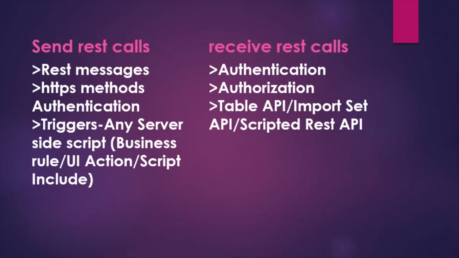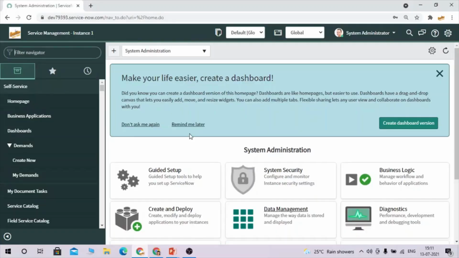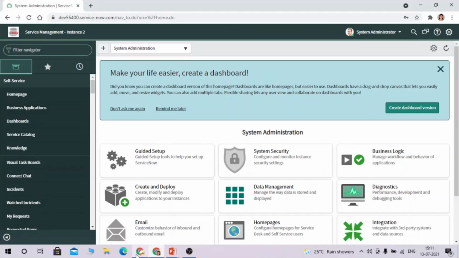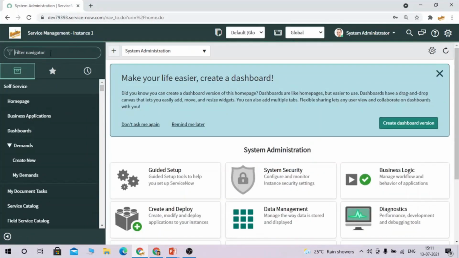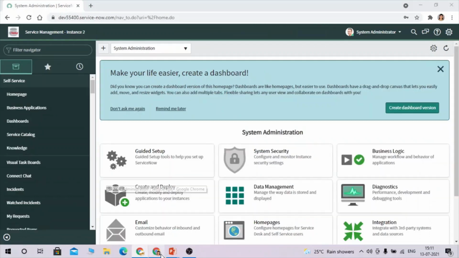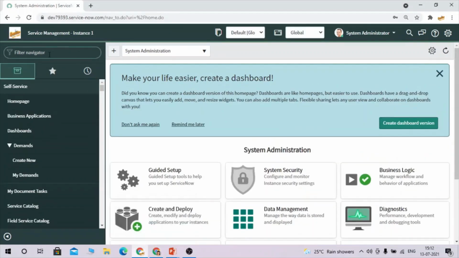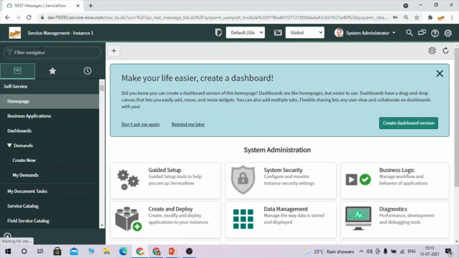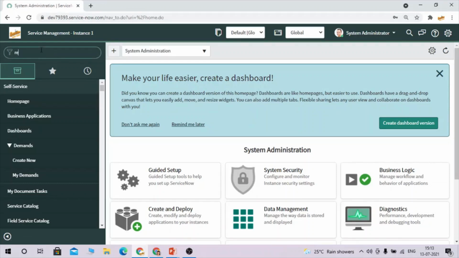So first, to send a REST call, we need to configure a REST message. So let's go and configure the REST message. This is our instance 1 and this is our instance 2. This instance is a kind of source system and this one will act as the target system. So if I create an incident in instance 1, it has to be created in instance 2 as well. In the source system, here is what I have to do. Type here REST message,